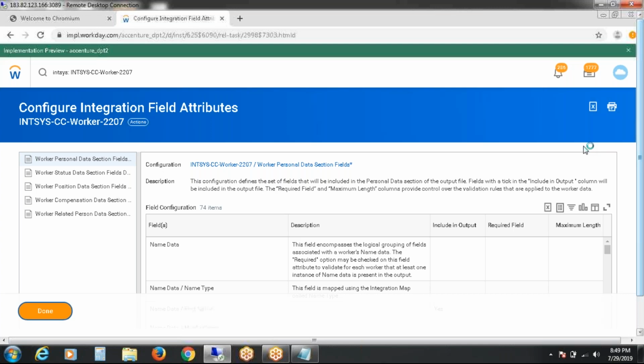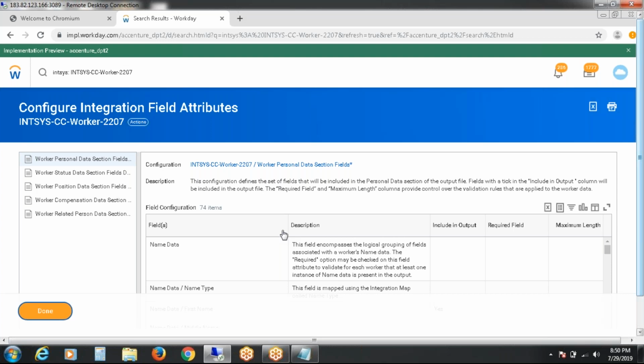It is processing. Now I have configured some integration system field attributes, and I have called them in the outputs. These are the field attributes I have configured by using integration services. Whatever I have selected will come under the report. After that, I have some calculated fields also.